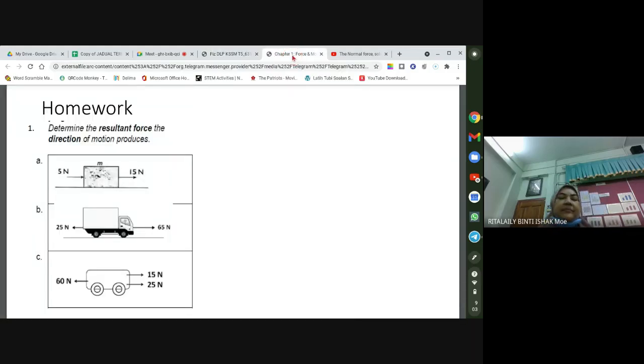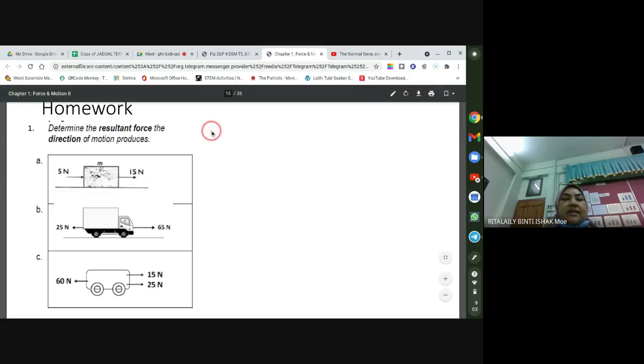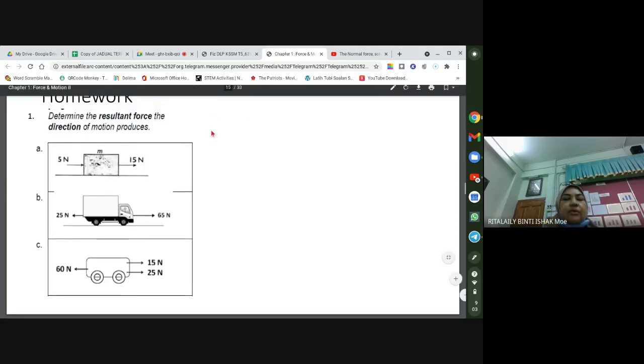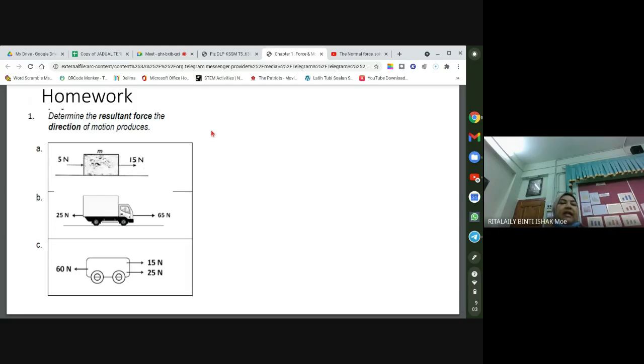So this is the questions that I gave you. Okay, so let's look at the first question. We have three diagrams, okay, with different forces exerted onto an object. So let's look at